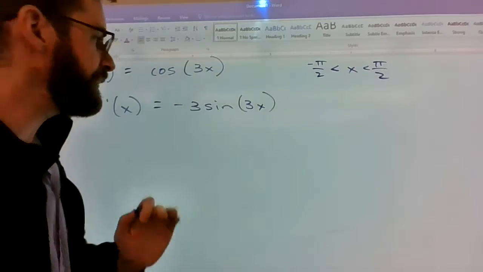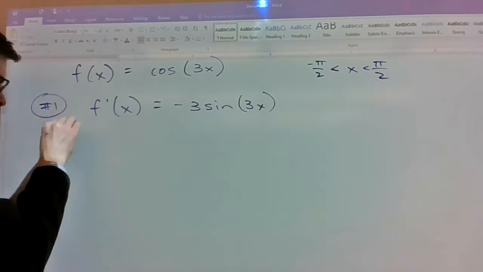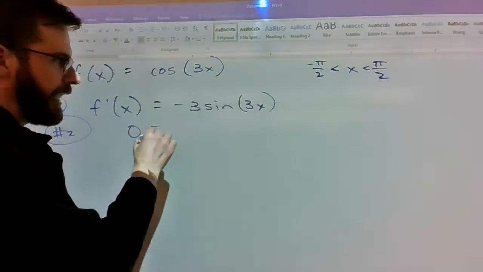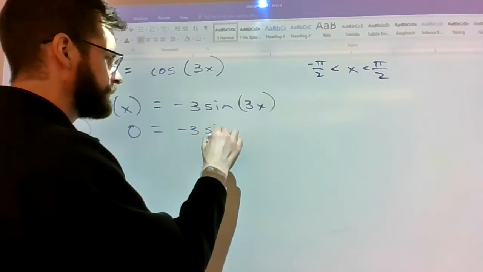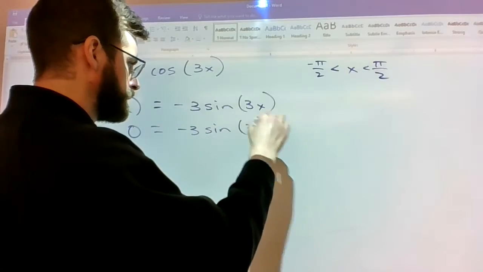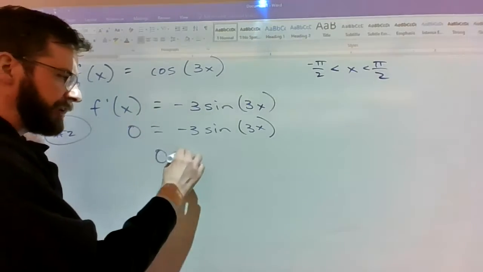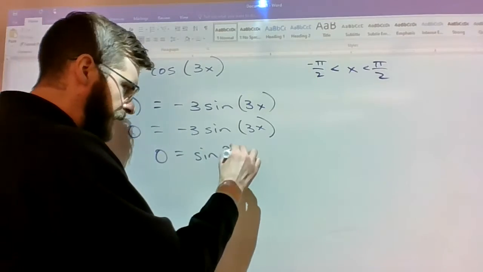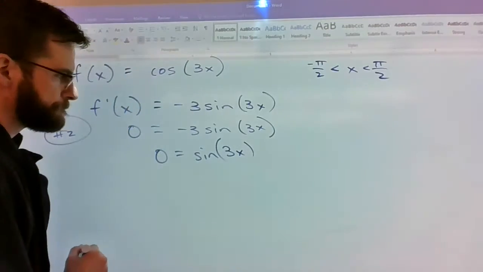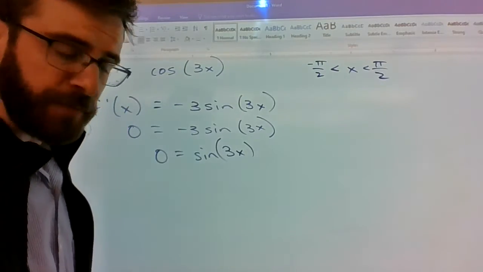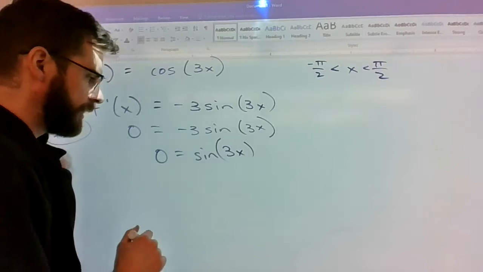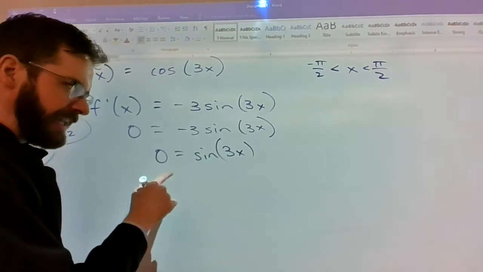You have to find the critical numbers. You can't get around that. Divide out the negative 3 and you get 0 equals sine of 3x. So where are all the places where sine of 3x equals 0? Well, sine equals 0